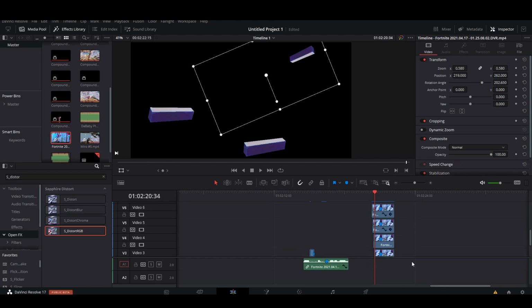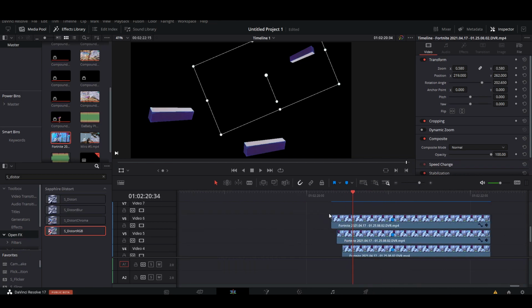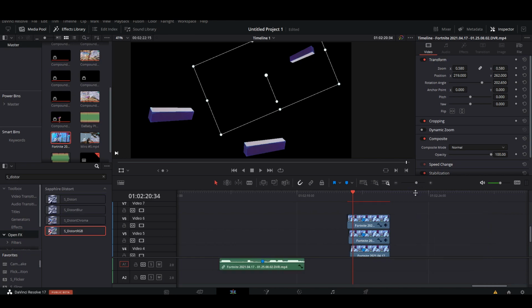Oh, actually, one thing I forgot. You also want to do a little fade in. So I'd recommend like 0.5, right? You want to do this on all of your clips, 0.4, 0.5, anywhere around there. You want to do that on all your bricks, so it kind of looks nice. They don't look like they're abruptly coming in. And then after you do that on all your clips, you want to